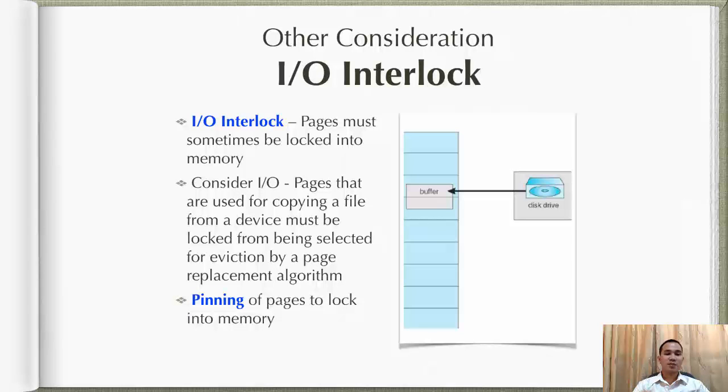Another case is pinning of pages to lock them into memory. An illustration here is a database process wanting to manage a chunk of memory, for example, moving blocks between disk and memory itself, because it has the best knowledge of how it is going to use its data. But pinning is prone to abuse. That's why an application frequently requires special privileges to make such a request.